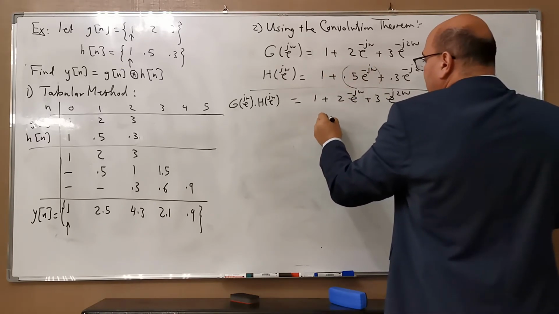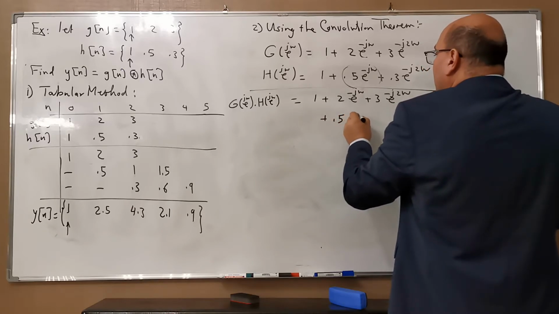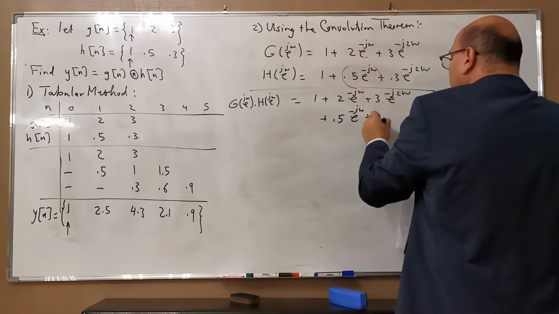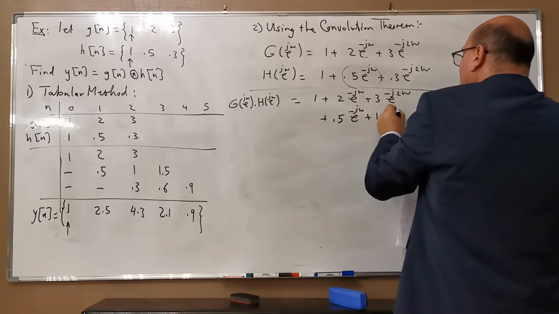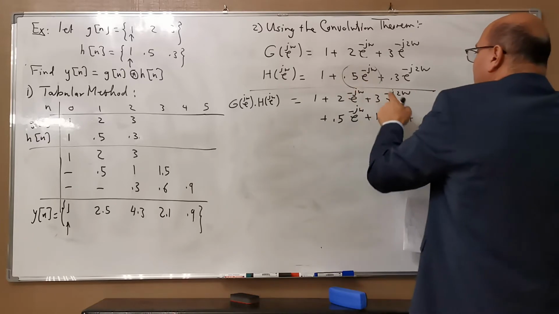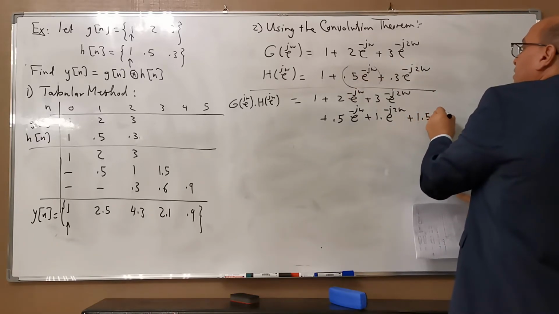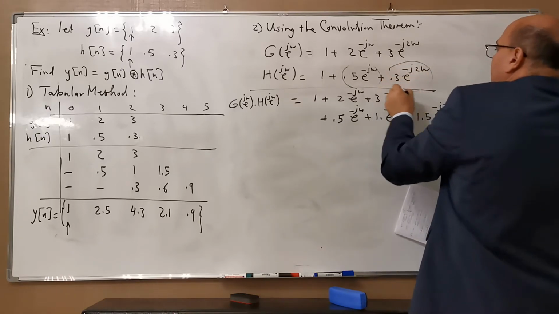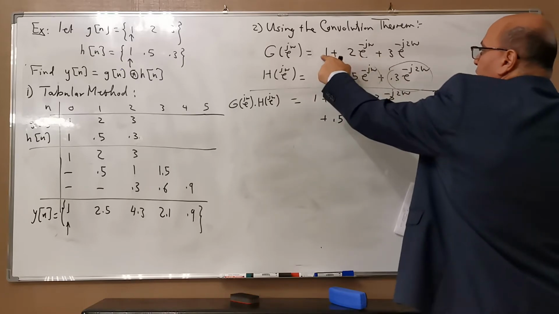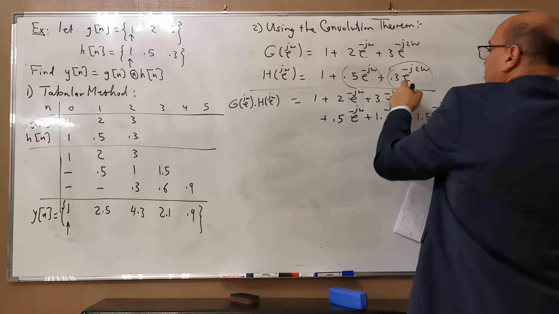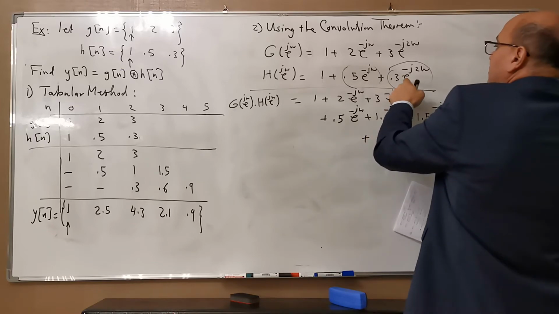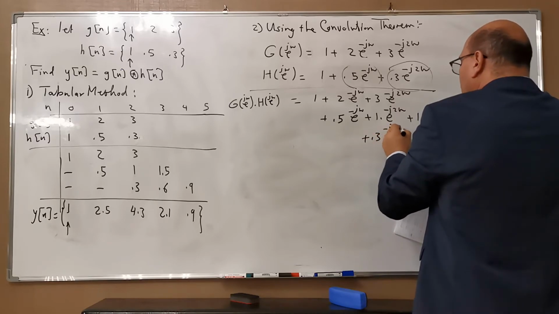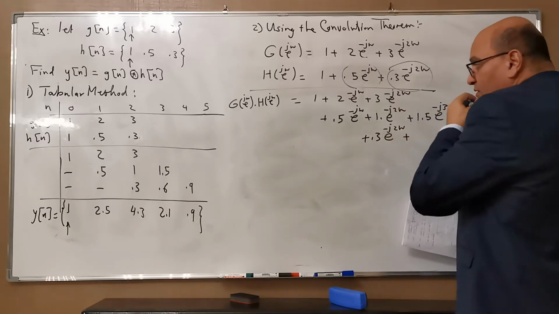So you have plus 0.5e^{-jω} plus 0.5 times 2, which is 1, times e^{-j2ω}, plus the last one, which is 0.5 times 3, 1.5e^{-j3ω}. And the last element here is multiplied by all the elements in g. So this is plus 0.3 times 1, 0.3e^{-j2ω}, plus